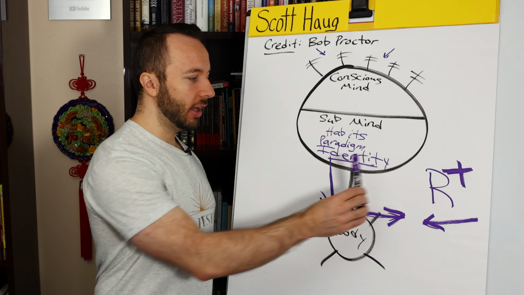So for me, when I started, I was like, I really want to become a top coach for Bob Proctor. I want to be in his inner circle. I want to be his pin holder, which was a certain achievement that you could have as one of his certified coaches.